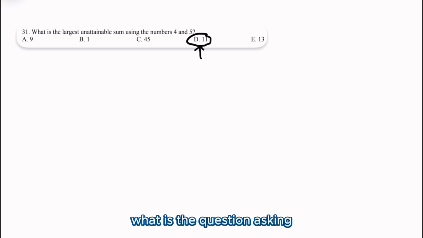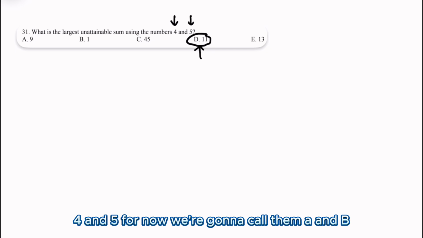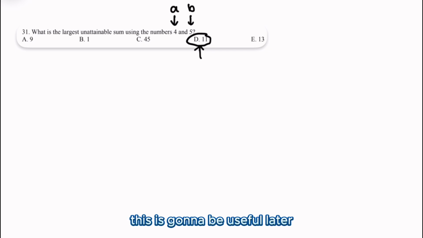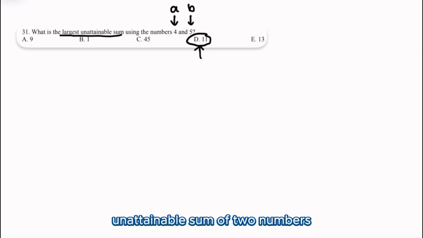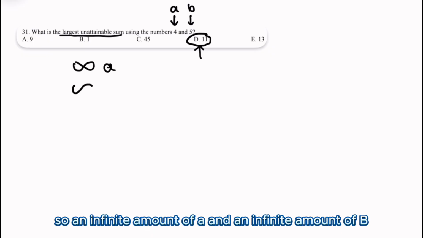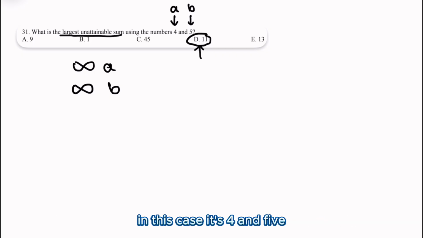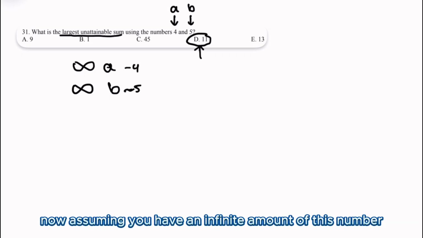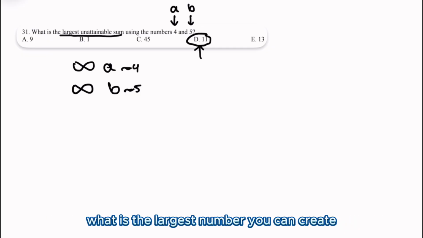First, what is the question asking? Well, the question is asking, what is the largest unattainable sum of these two numbers, 4 and 5? For now, we're going to call them A and B. This is going to be useful later. So when they ask us for the largest unattainable sum of two numbers, what this means is, assuming you have an infinite amount of both numbers, so an infinite amount of A and an infinite amount of B. In this case, it's 4 and 5. Now, assuming you have an infinite amount of this number, what is the largest number you can create by adding